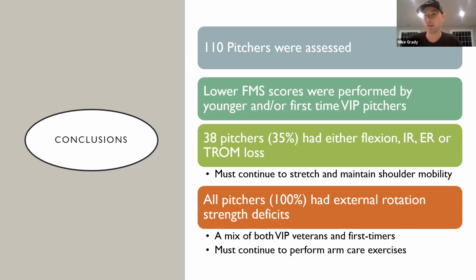So we are going to make some changes on the floor during training, but that's only a small picture of the entire week. We need to make sure that we're doing these things on a consistent basis. The movement screen report lists any deficit an athlete has, along with the corrective exercises to complete. Those need to be done consistently throughout the program, starting now, hopefully started before, but definitely now. As we head into December, when we start ramping up the throwing intensity and volume, this is where we want to have this covered and these routines ready, so that we can minimize the risk